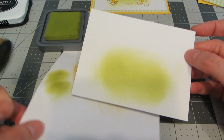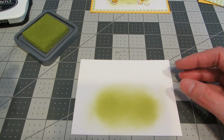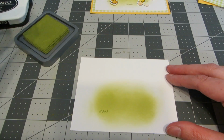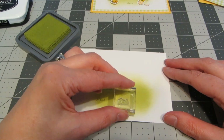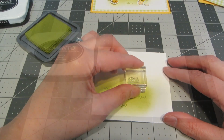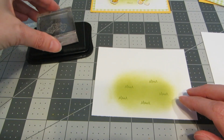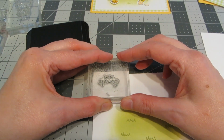So I'm happy with my ink blending, and now I'm going to take the little grass stamp from the set, and I'm going to use the same Distress Oxide ink, and I'm just going to randomly stamp some little tufts of grass around on that area that I've ink blended. So I'm ready to move on to my black stamping, and using some black Memento ink, I'm going to take the Hello Spring Words and I'm going to stamp it in the upper left hand corner of the panel